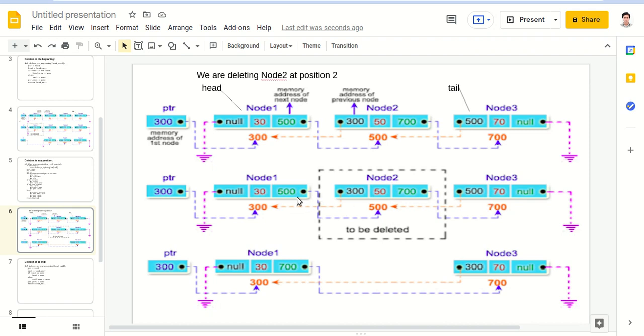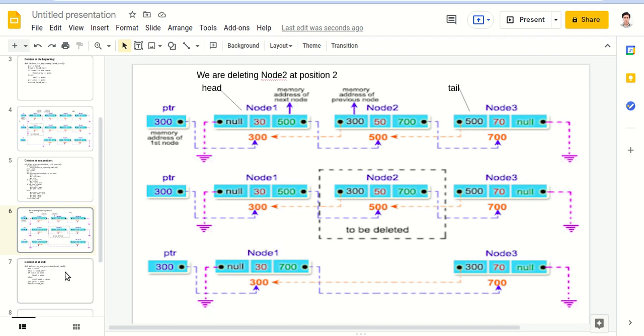So prev.next is equal to ptr.next, and ptr.next.prev, that is node 3.prev, is equal to prev, that is it becomes this one. Note the previous address of node 3 points to node 1, and the next address of node 1 points to node 3. Simply doing that, we can delete node 2.